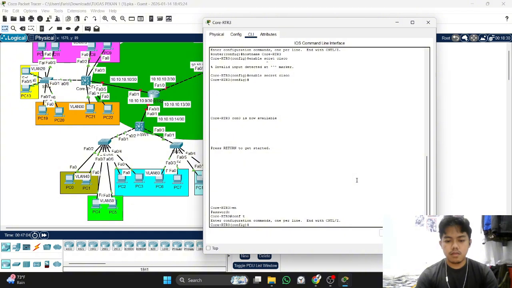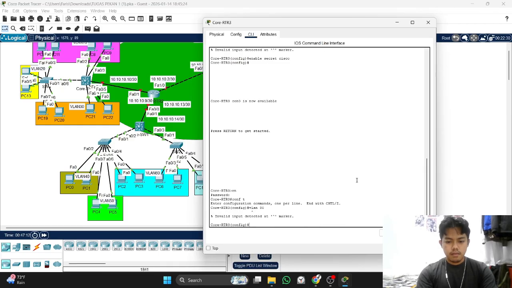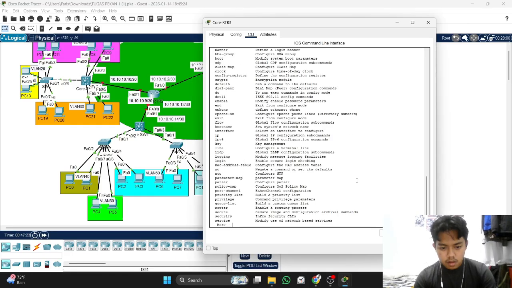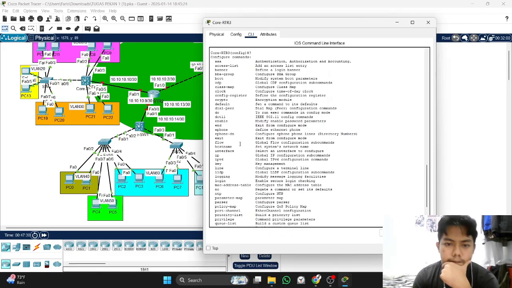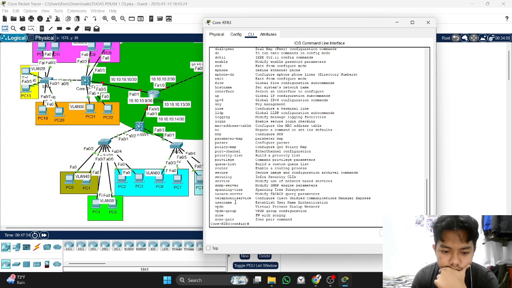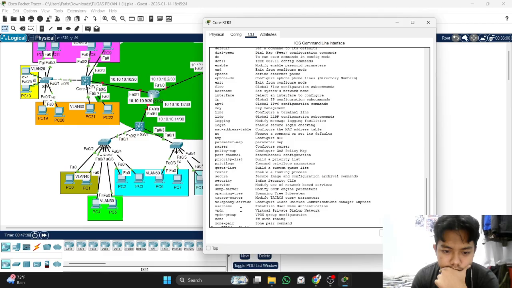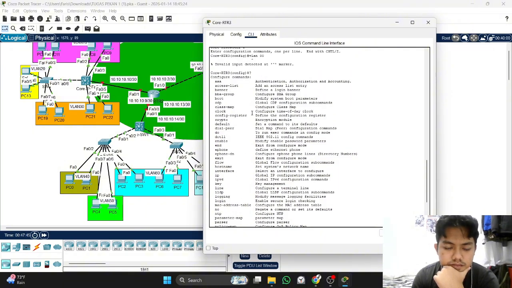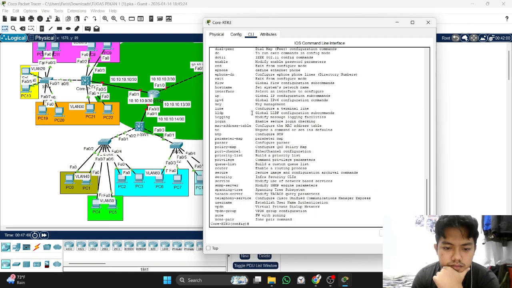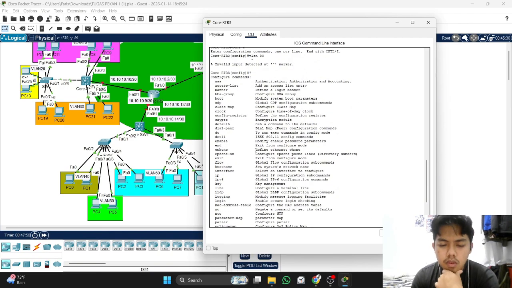Yeah, but this is the assignment. VLAN 18. Oh, to create the VLAN.